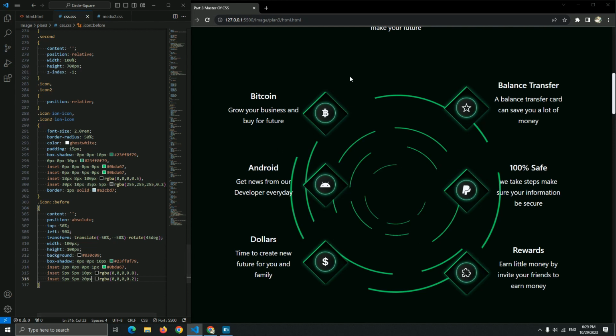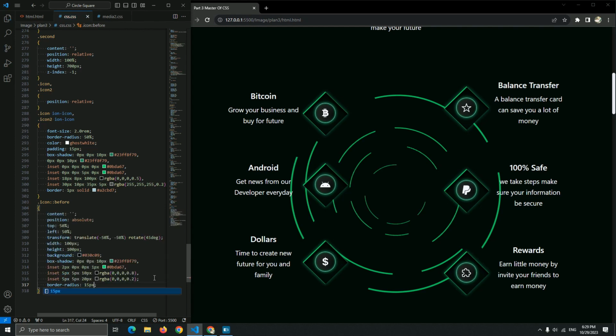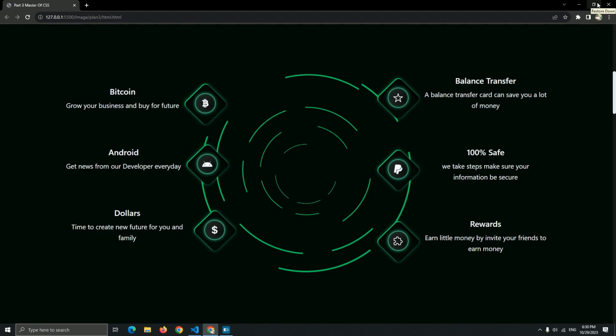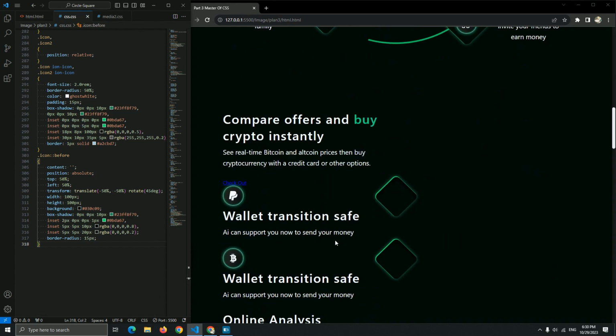Okay, here we go, guys. We created this square, beautiful. Let me just add the border radius. So the border radius set to 15 pixel. Yep, now everything looks fine. We just need to style this image, and if you think the image size is good, you can keep it. But let me just see it in full screen. But yeah, I think it's good for this about page. I keep it right now, and we don't need to style it for now, guys. So let me just set the same width and height for this. And let me continue, and let me just style this a link to go to the next page, guys.